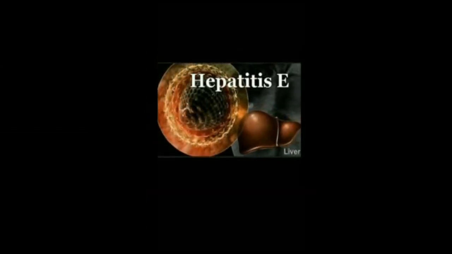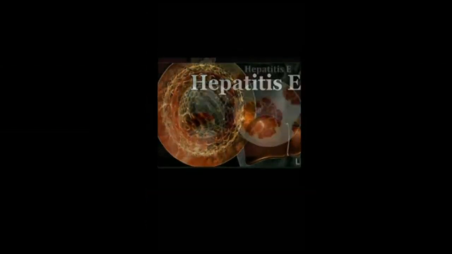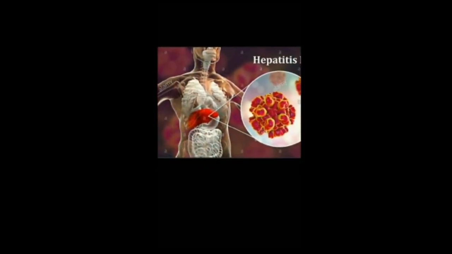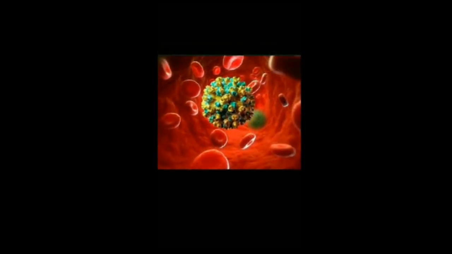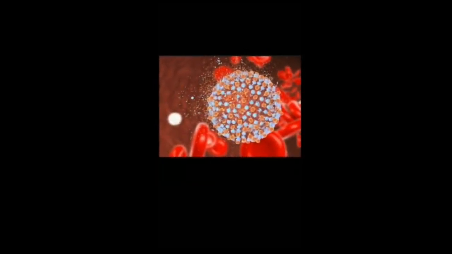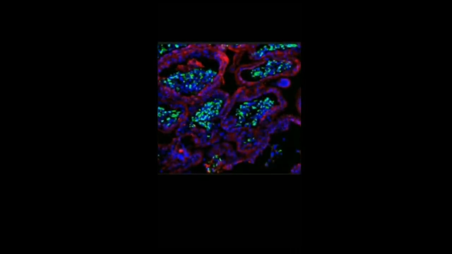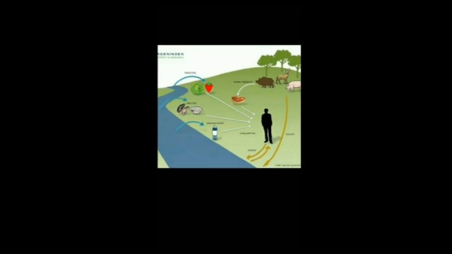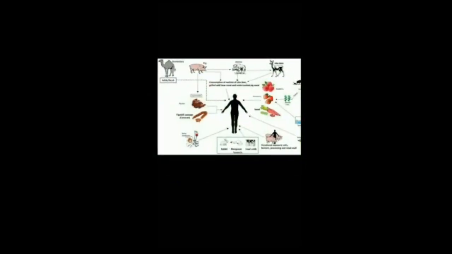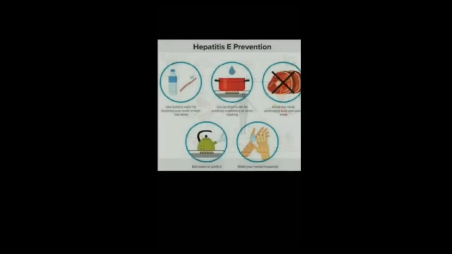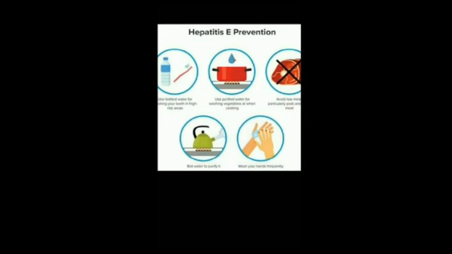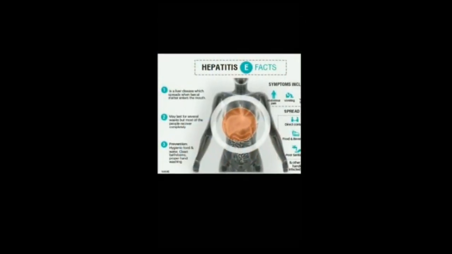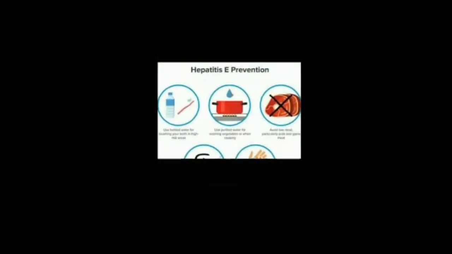Hepatitis E virus is a global emerging virus that spreads through contaminated drinking water and food materials. Its symptoms include jaundice, lack of appetite, and nausea. In rare cases, it can lead to acute liver failure, and requires medical diagnosis and lab tests. It is a short-term disease that resolves within days to weeks. Treatment focuses on supportive care, hydration, and rest. It can be prevented by avoiding raw meat, contaminated water and by washing hands frequently.